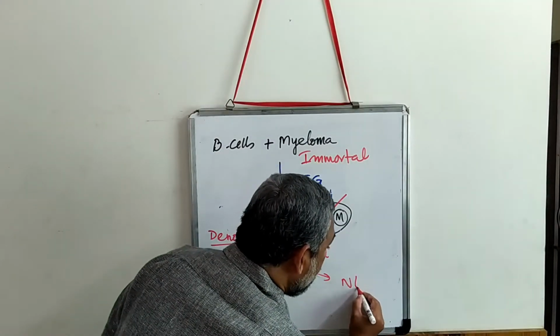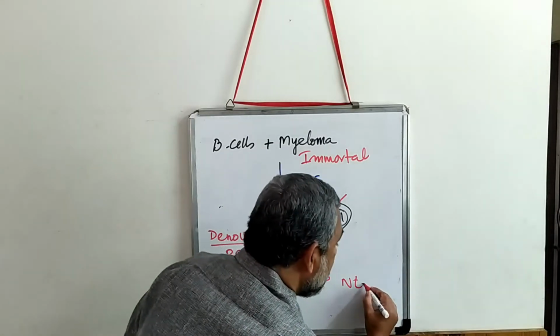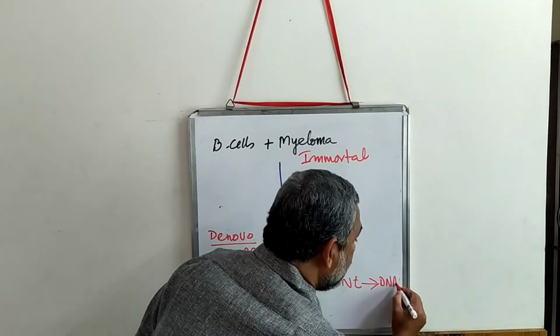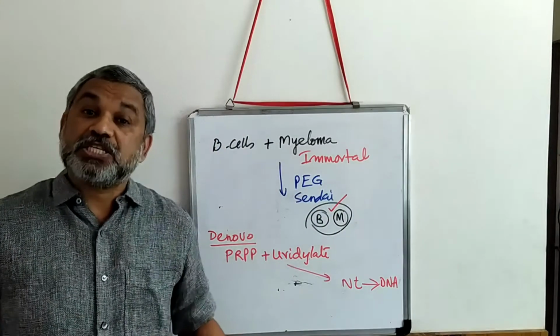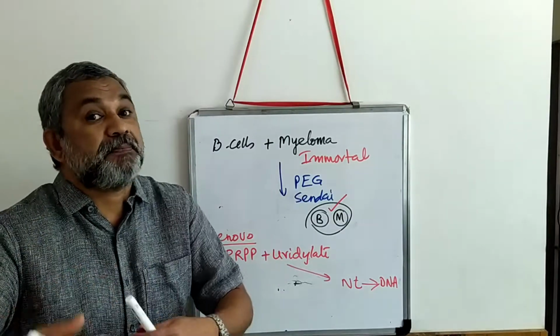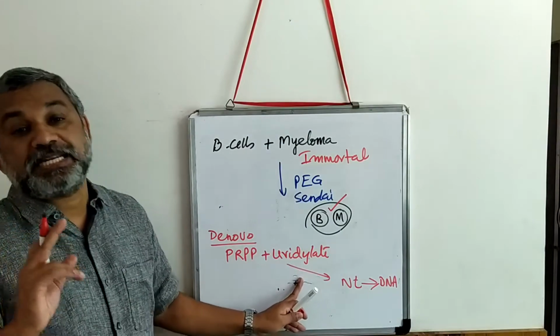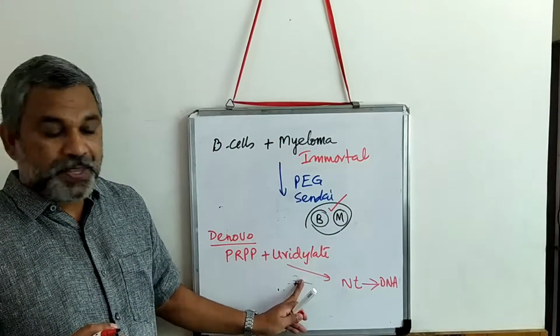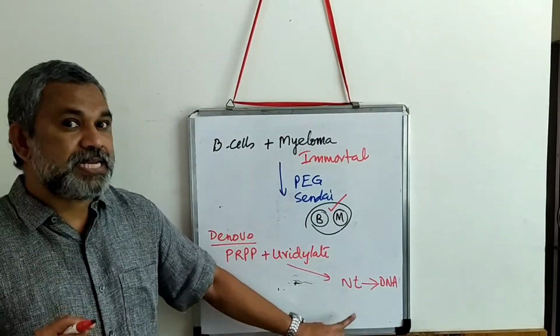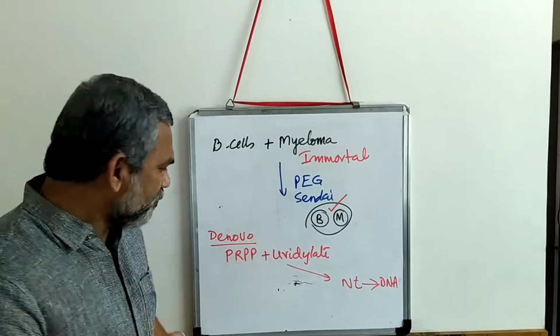So this you need for nucleotide formation and for the synthesis of DNA. Only if synthesis of DNA happens, cells can multiply and then they can grow. Therefore, this particular step is very important. So this is how thymidylate is produced. Another way to make